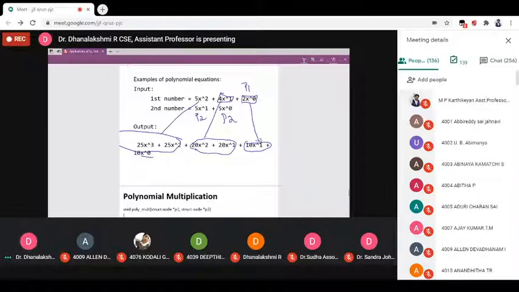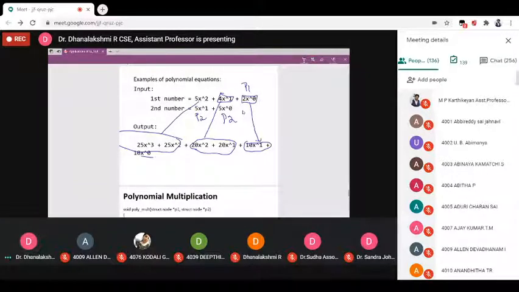Any doubts? First, initially you have to set both the pointers, P1 and P2. Now you have to take the first term P1 and multiply with P2, the first pointer, the current pointer. Then increment P2 alone. Then perform multiplication with P1, the same P1. Then increment again, same concept again. Increment P2, what is that? Null value. Once any one of the pointers has the null value, immediately we have to stop that procedure, whatever multiplication, comparison, addition, subtraction, you stop the procedure.